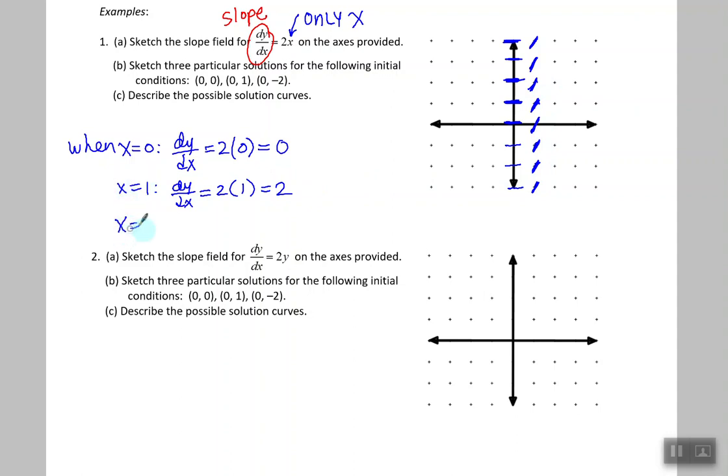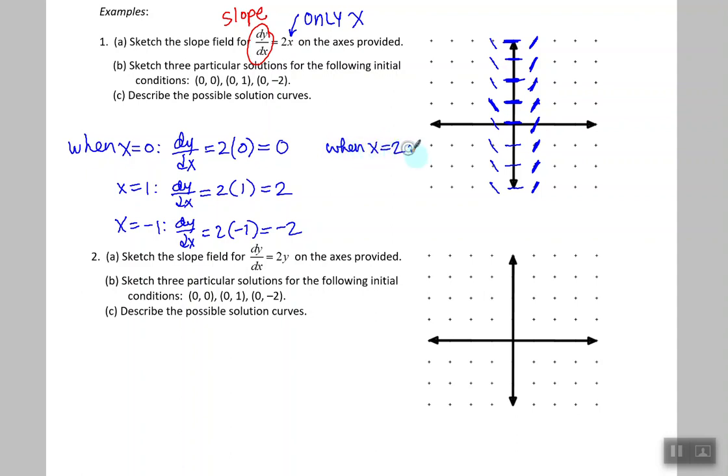Let's do x equals negative 1. dy/dx equals 2 times negative 1, which is negative 2. So if this is positive 2, over here where x is negative 1, I should be getting negative 2, which should look symmetrical to this, but negative instead. So everywhere up and down where x is negative 1, the little line segment should have a slope of approximately negative 2. How about when x is